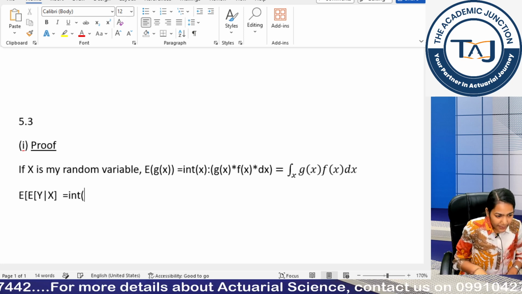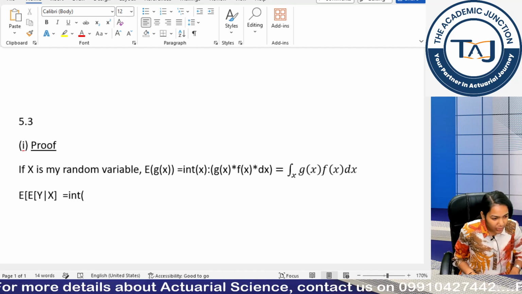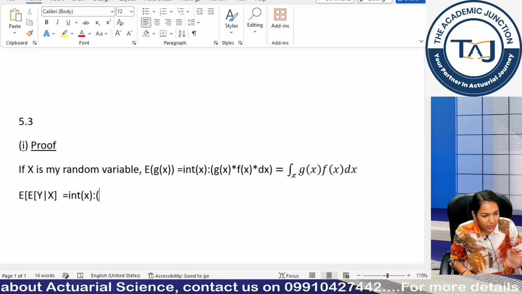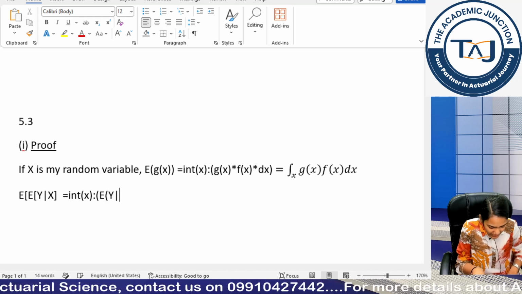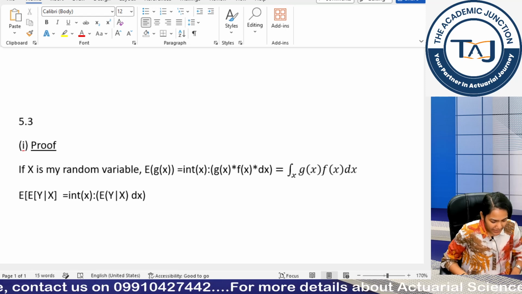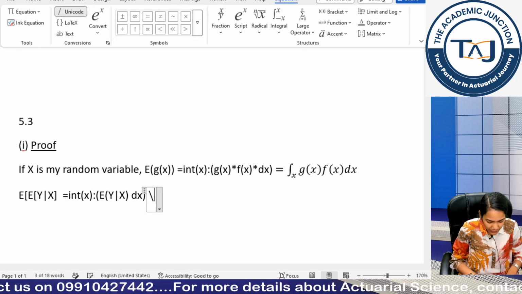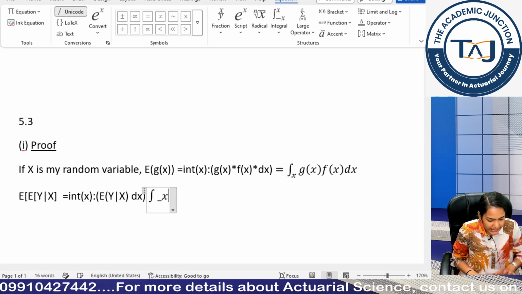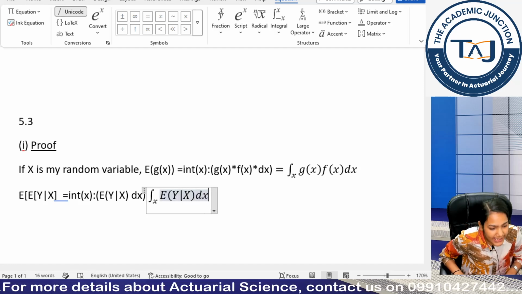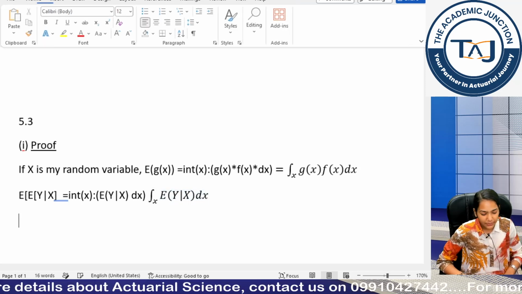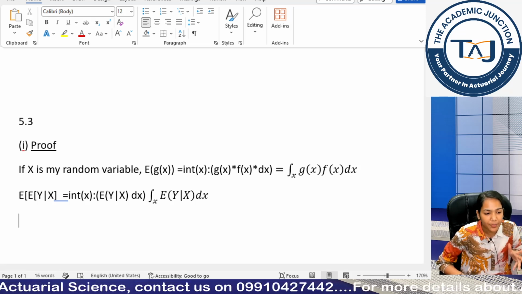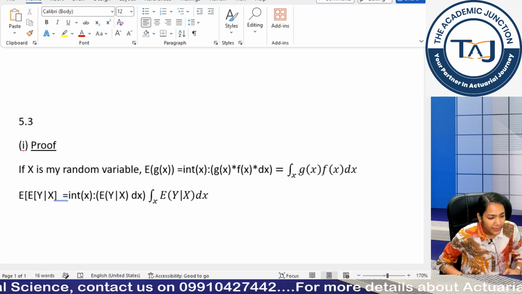So int, bracket. Similarly, if I am using the normal approach, x colon, open brackets, control z to remove this sign, write expectation of y given x. Again the same sign, clear? If I would be writing it from the equation editor, it would be backslash int underscore x space bar expectation of y given x dx. Now I want to escape this, so I will use the forward arrow key. Control S, keep pressing control S every time. You should have the habit of pressing control S, okay? Very important shortcut.